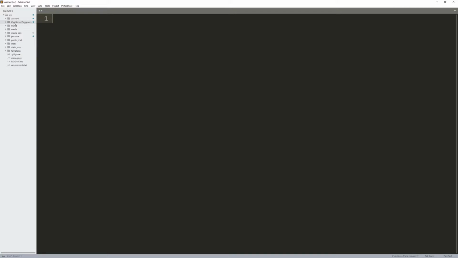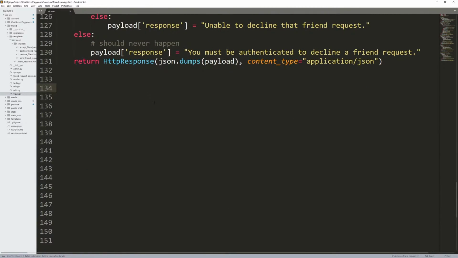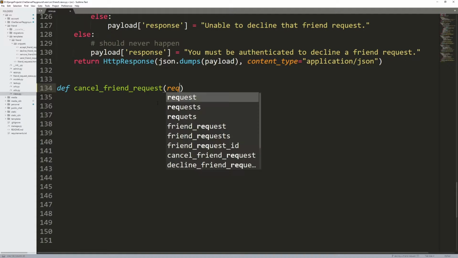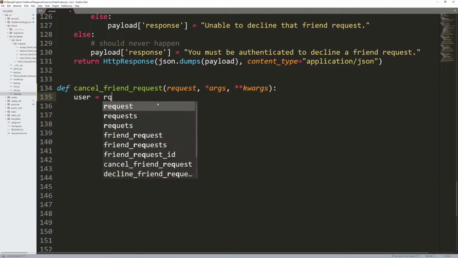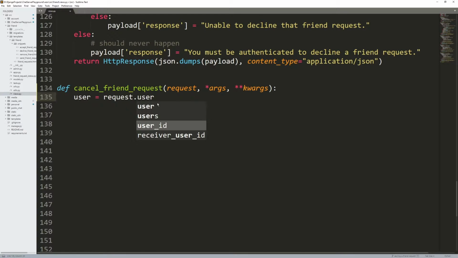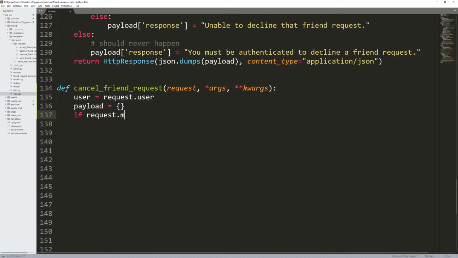Now again, this is going to be very similar to what we've been doing with the other requests. We're going to start in views.py inside of the friend app and build a function for canceling that. So define cancel_friend_request and take request and arguments and keyword arguments. First of all, get the user, so user equals request.user. And then we want to do payload equals an empty Python dictionary. If request.method equals a POST request and the user is authenticated,